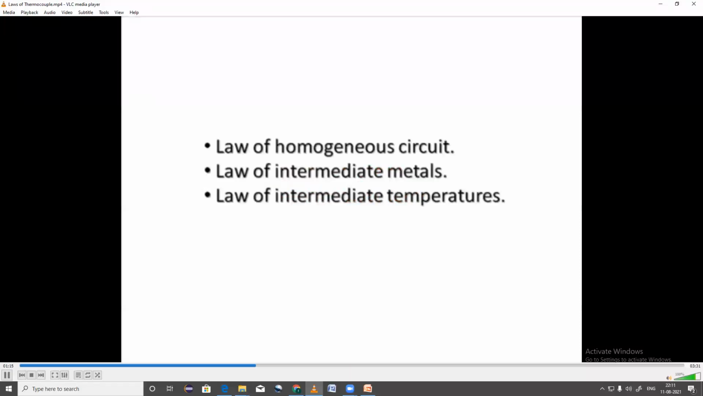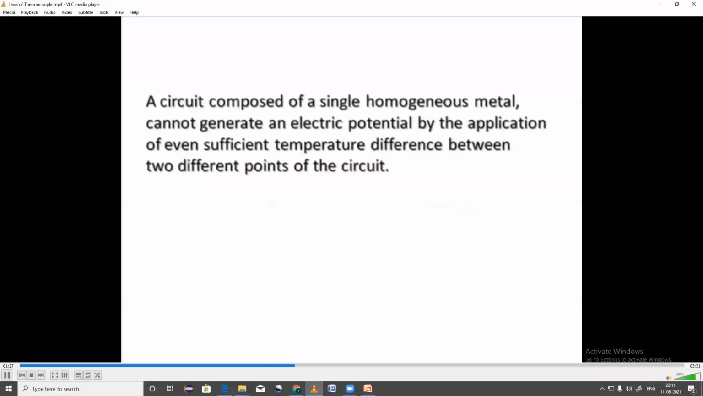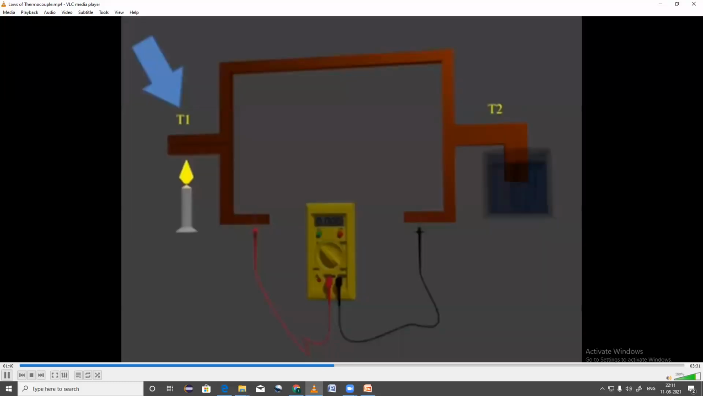We have three different laws of thermoelectric circuits. These laws are known as the law of homogeneous circuit, law of intermediate metals, and law of intermediate temperatures. The first law, homogeneous circuit, states that a circuit composed of a single homogeneous metal cannot generate an electric potential by the application of even sufficient temperature difference between two different points of the circuit. Here the temperature of this hot junction is